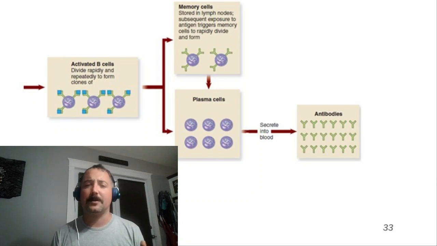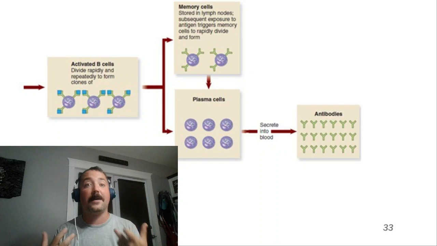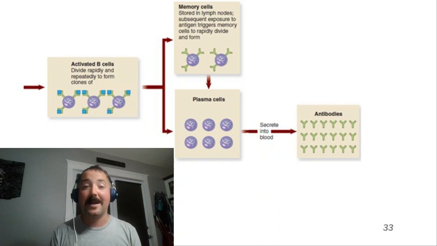Humoral immunity is similar, though instead of waiting for a cell to be infected, this one occurs when a B cell finds a living pathogen that's not supposed to be in the body, so a live virus. So first thing, the B cell tries to destroy the antigen or the virus by itself, using phagocytosis. Once it's done that, it finds a helper T cell, which not only calls in more neutrophils, but it'll also